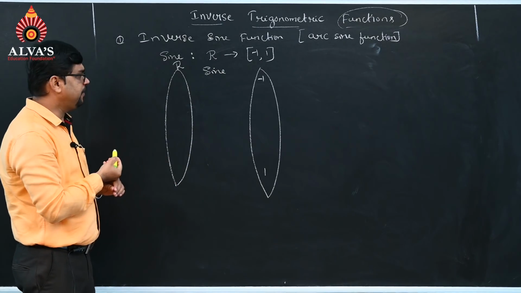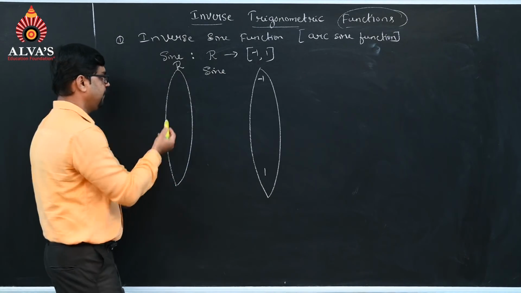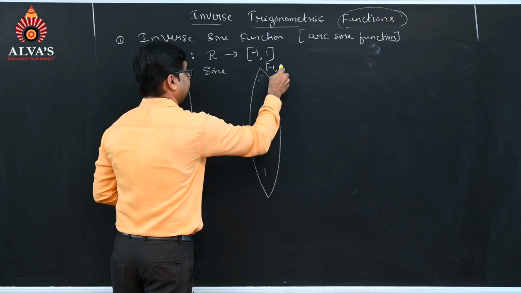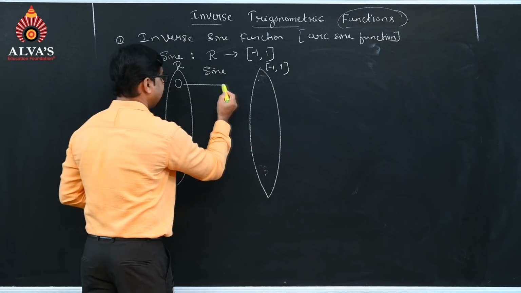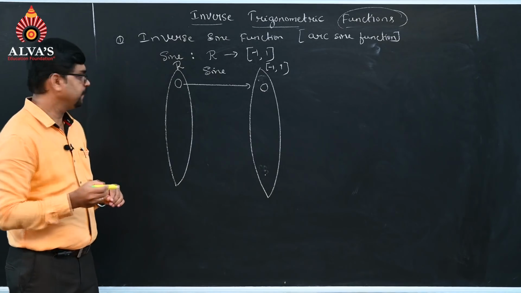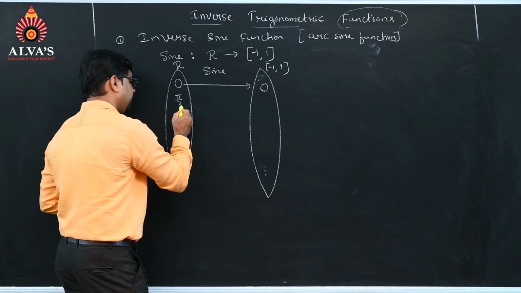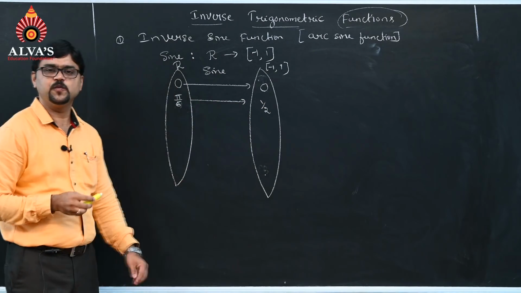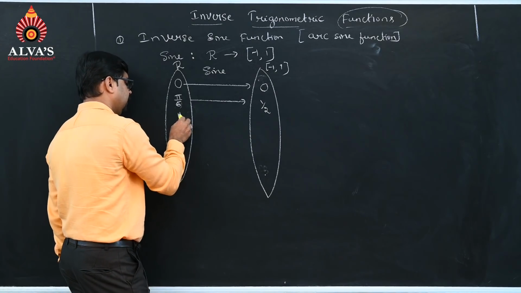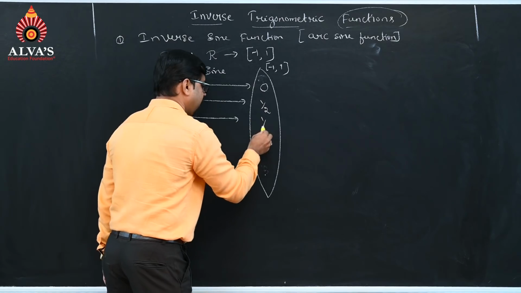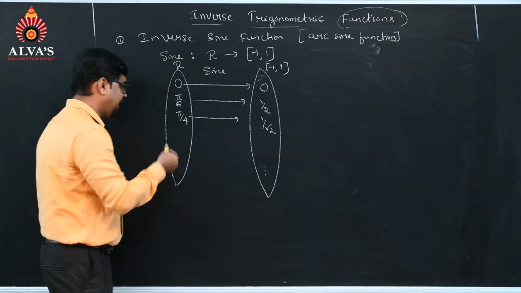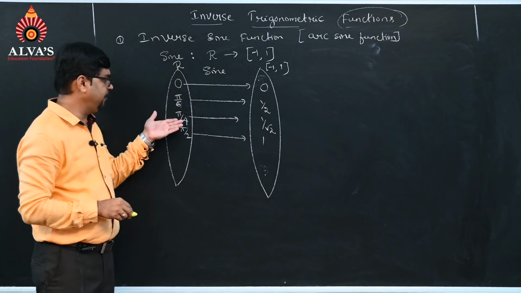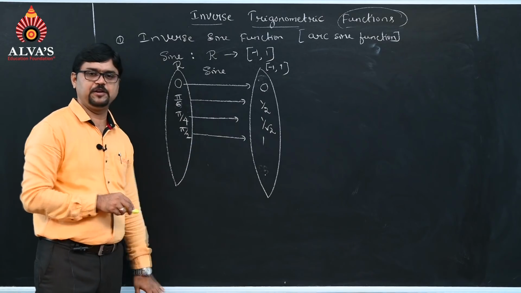Now, trigonometric functions are basically defined for angles. If I take 0, here I will take the codomain -1 to 1. Sine 0, all of you know that value is 0. And if I take sine pi by 6, 30 degree, that value is 1 by 2. And if I continue like this, sine pi by 4 is 1 by root 2. And sine pi by 2 is 1. And in the same way, if I take negative angles, you will get negative answers.